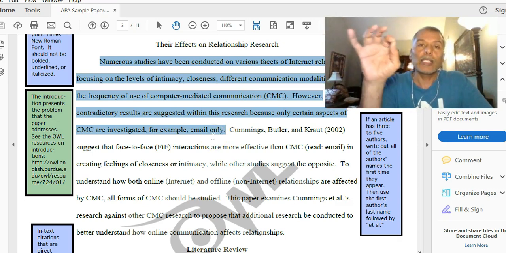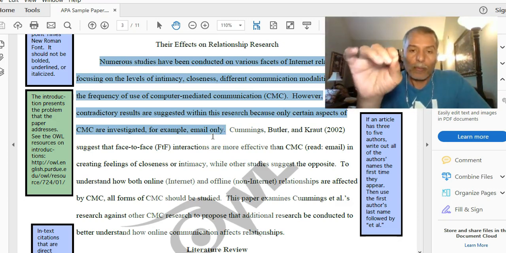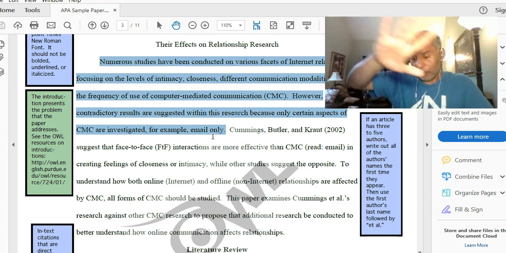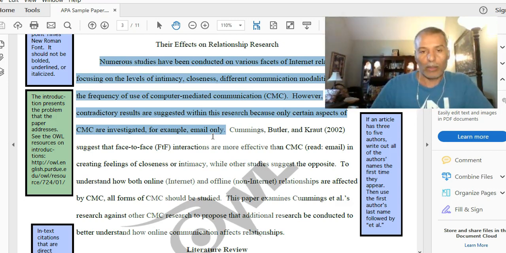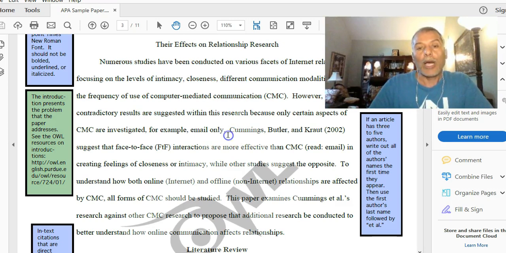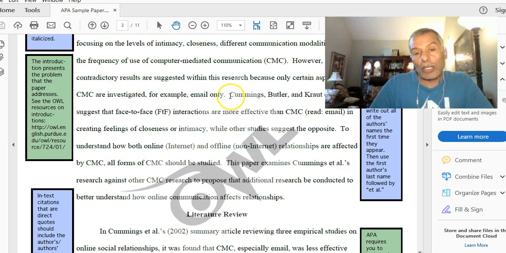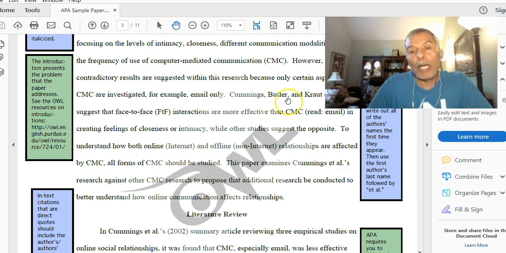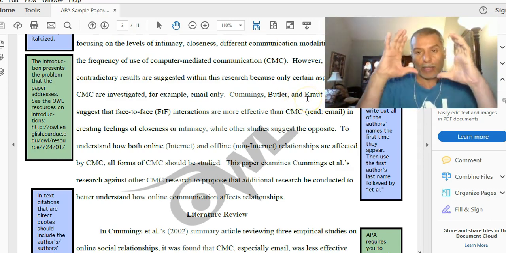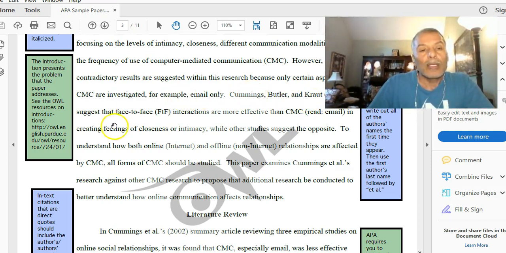That person didn't take any specific piece of information and make a claim about it. Just speaking about all the literature, all the research that was reviewed as part of the research for the paper. Now, the person is going to start speaking about a study, taking some of the studies that are mentioned in the introduction, and is going to speak about particular points. So Cummings, Butler, you notice comma, and A-N-D, okay, and Kraut, and then parentheses, say the date, and then say